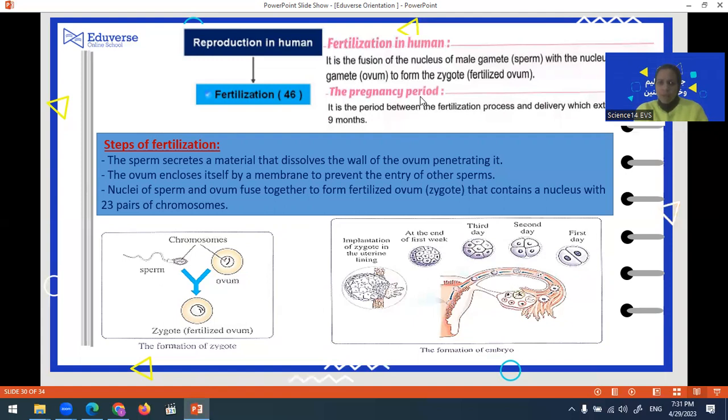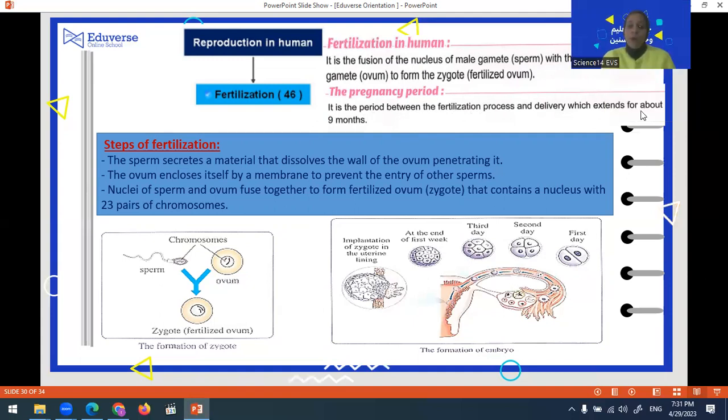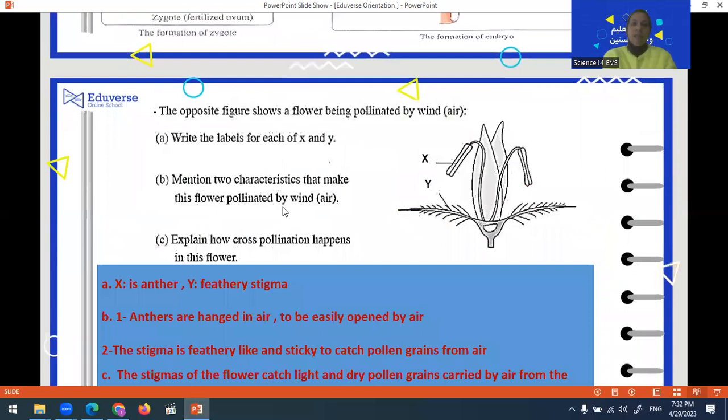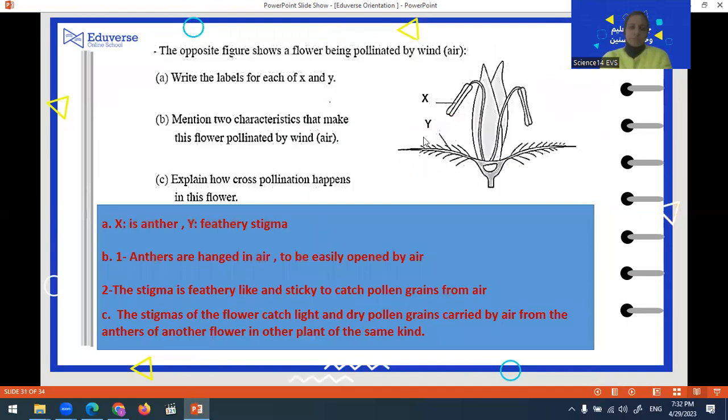What about the pregnancy period? It is the period between the fertilization process and delivery, which extends for about how long? Of course, 9 months. The fallopian tubes ligation, tying up the fallopian tubes surgically, is of course considered one of the means of birth control. Let's solve some